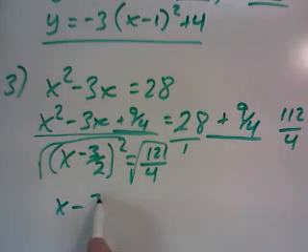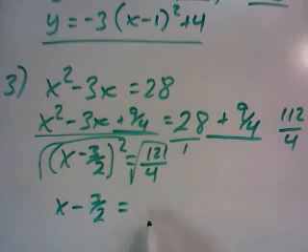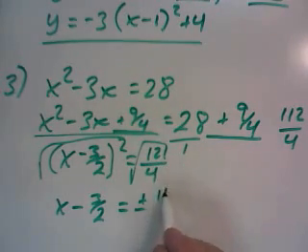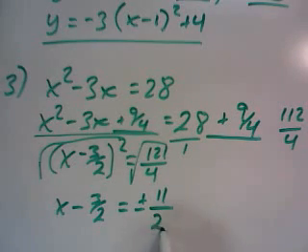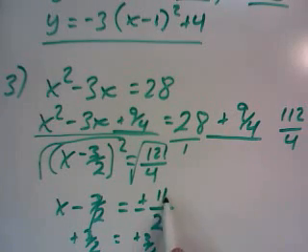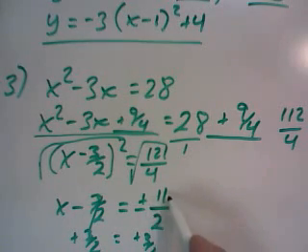The left side then will be just x minus 3 halves, and the right side will be plus or minus the square root of 121, which is 11, over the square root of 4, which is 2. And if I add 3 halves to both sides, then x will equal a positive 11 plus 3 is 14 over 2, which is 7,